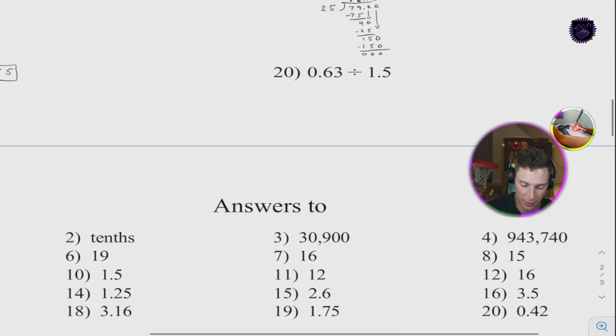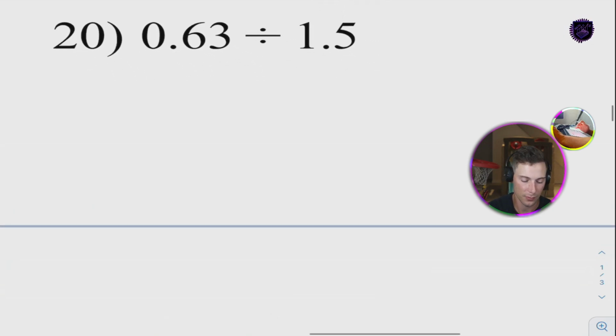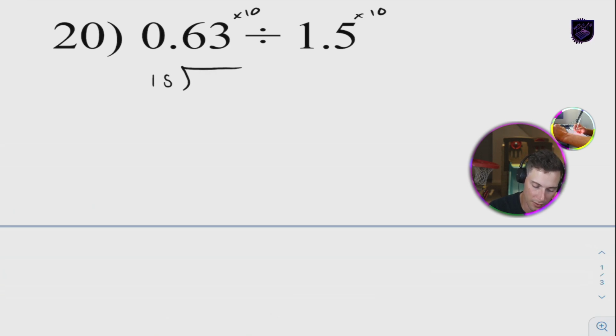Okay, last question. Ooh. Okay, so this is an interesting one here. We're going to multiply by 10 and by 10, because I don't care if our dividend, the number we are breaking up into groups, is less than 1, is still a decimal, doesn't bother me, doesn't matter. The divisor, the 1.5, that's helpful when it's a whole number. So we're going to go 15